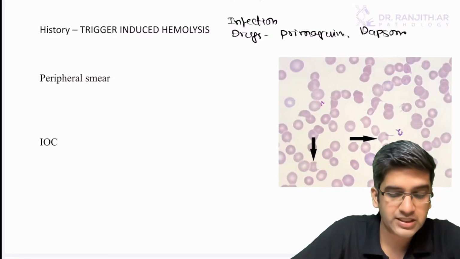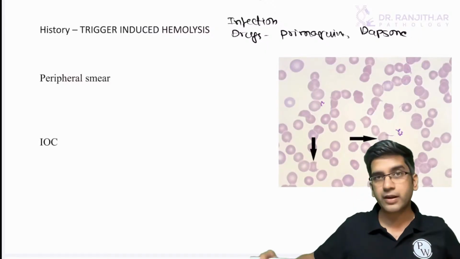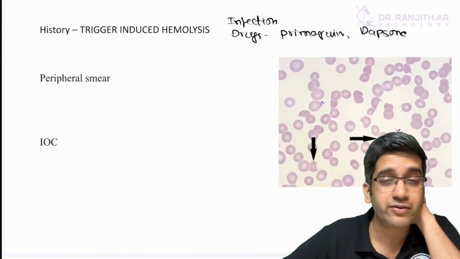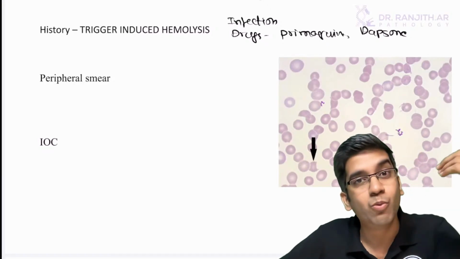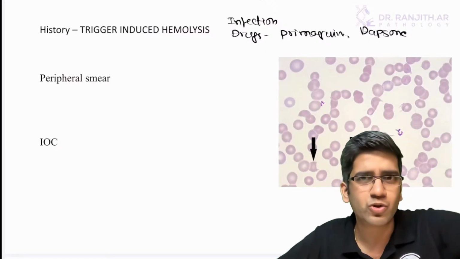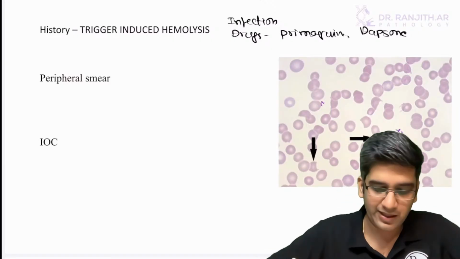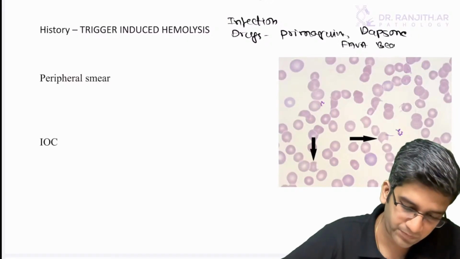See, these both drugs are important for two reasons. Now you have a very good knowledge of pharmacology. I don't give primaquine for a day. We give it for 14 days. Dapsone, I don't give it for a day, but 6 months, 9 months, right? So the more chronic I give, the more impact I'll get. There is a huge list of drugs which can cause it. Paracetamol also might cause it, but I'm not going to give paracetamol for 1 month. Very, very unlikely, right? And also fava beans. Just to complete it, fava beans. Fine, these are my